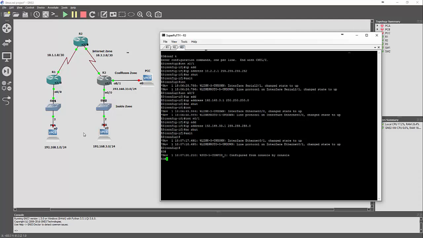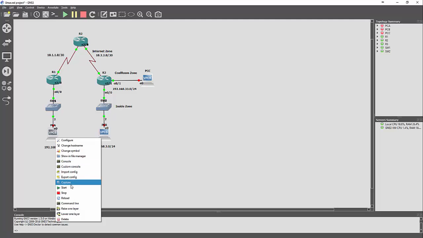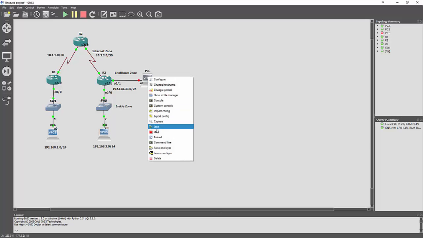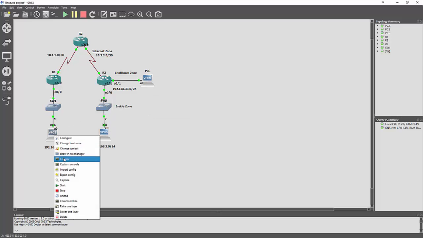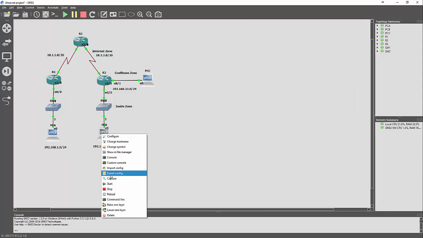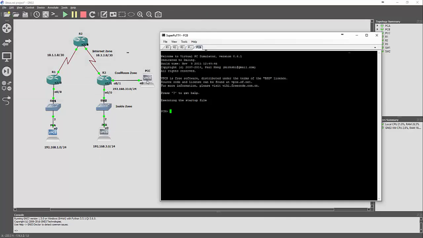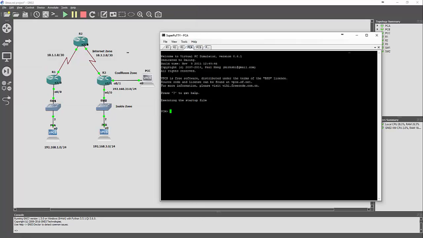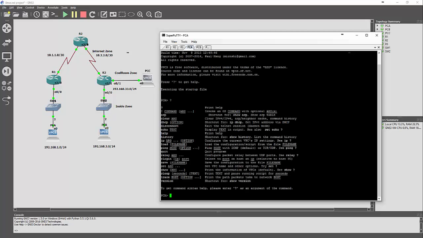So what we're going to do now is configure the IP addresses on the PCs. As I'm using GNS3, I am using the virtual PCs. So I'm going to configure these now. I'll start with PCA, then move on to PCB, then lastly PCC. The command was IP